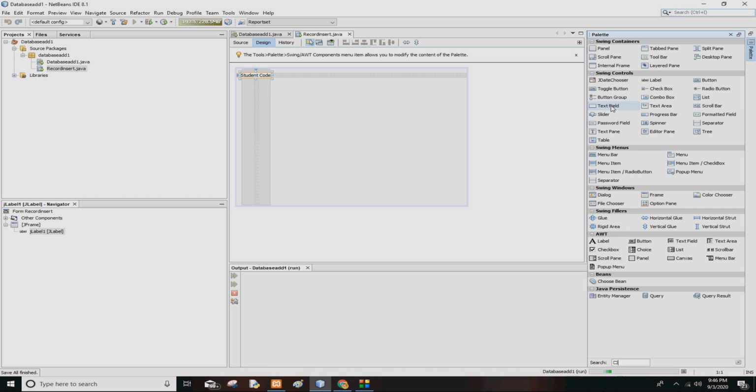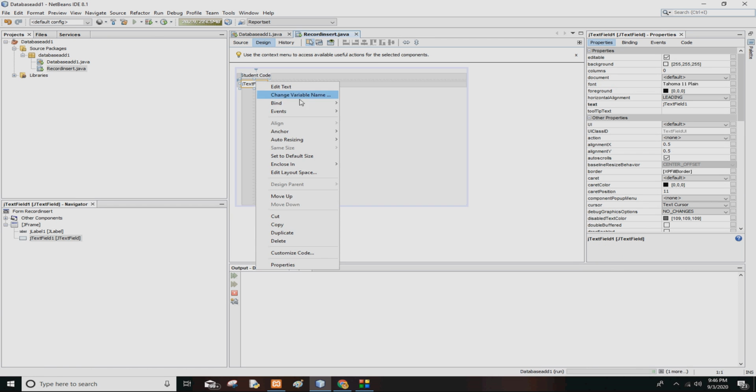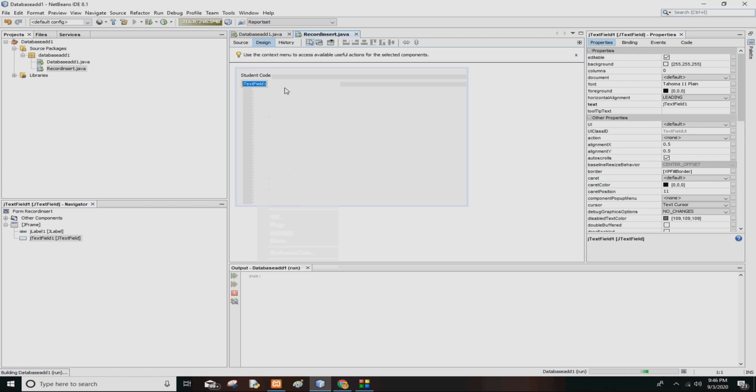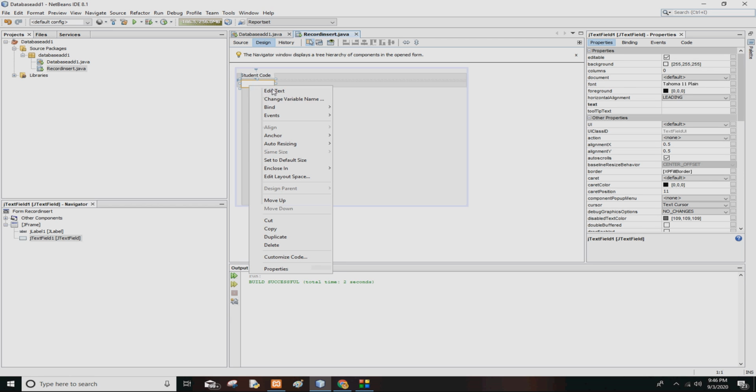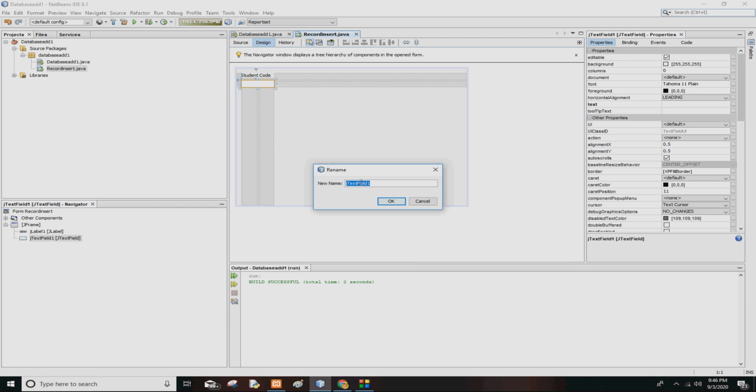Now I will take a text box or the text field. I'll bring it here, I'll put it in there. So inside of this text field I'll take the value at runtime. So edit text. Right now I'm not giving any value. I'll do like that and I will change the variable name. I'll put it jtext, to understand that it's a text box, and I'm giving the name of that field as code. So my first thing has been done.